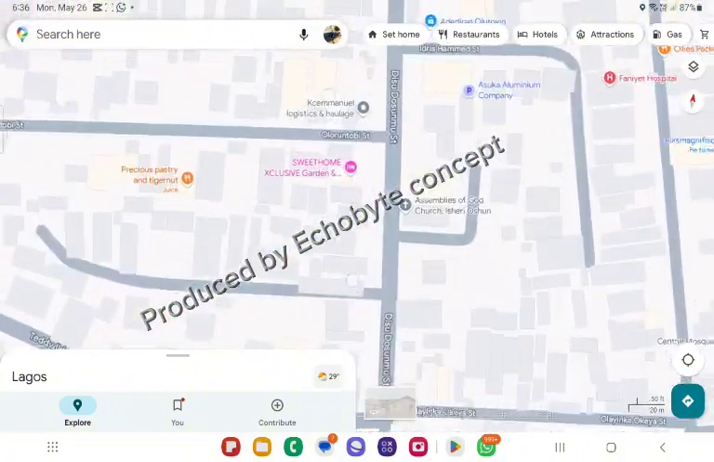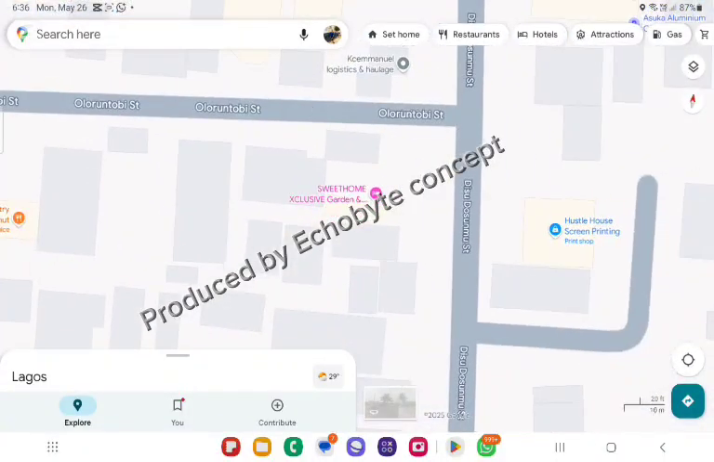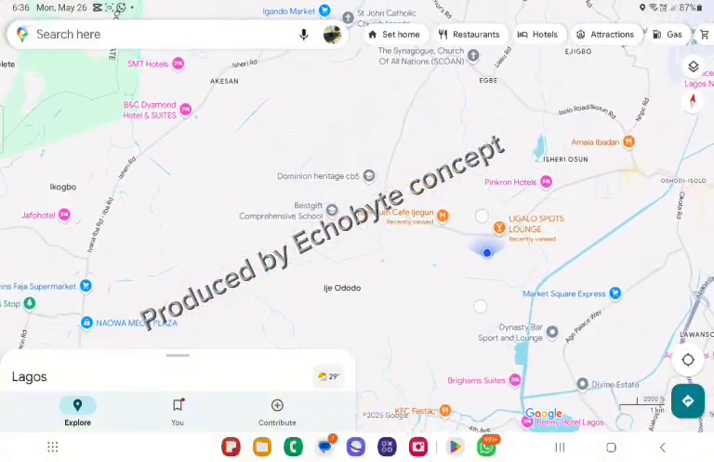You can see, for example, this is Sweet Home Exclusive Gardens. It's showing on Google because they added their business on Google. All right, and several of all these businesses here. Okay, so now the next thing is